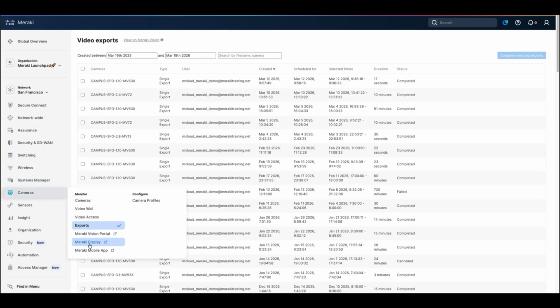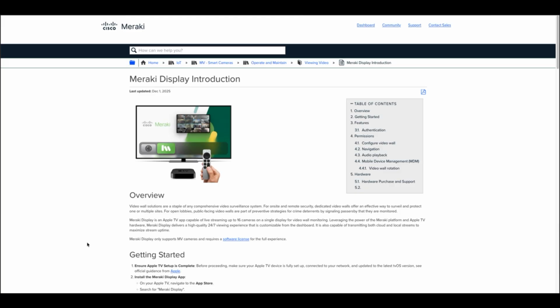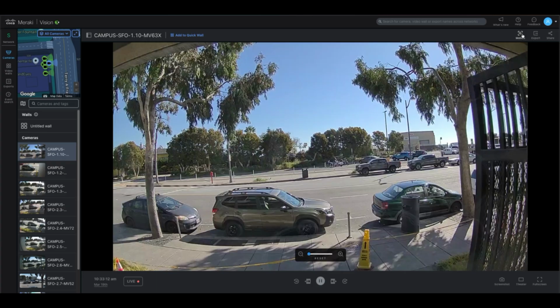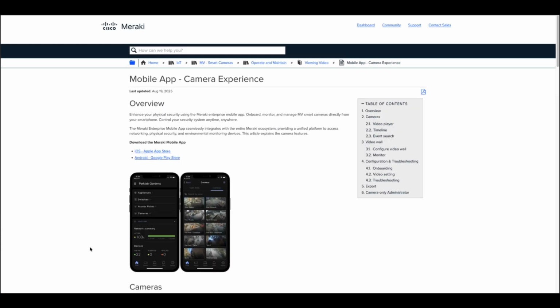The last 2 links under the Monitor section are for Meraki Display and the Meraki mobile app. The Meraki Display page allows organizations to turn a screen, television, or dashboard display into a persistent viewing surface for selected camera feeds. The Meraki mobile app page sends us to a Meraki documentation page where we can download the